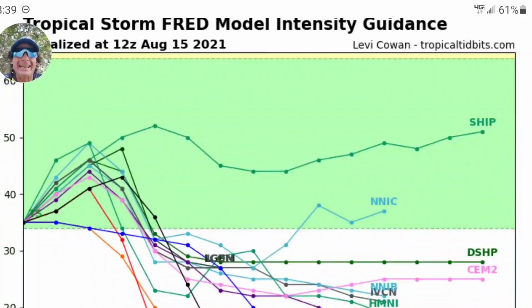All right, a quick look at the intensity models. This is telling us how strong we can expect the winds to become with Tropical Storm Fred. On the left axis is wind speed, and on the bottom axis is time moving forward. So you can see that all the models are in unison that this storm won't get a lot stronger. It's going to remain just kind of a medium scale or moderate tropical storm with a lopsided shape to it,